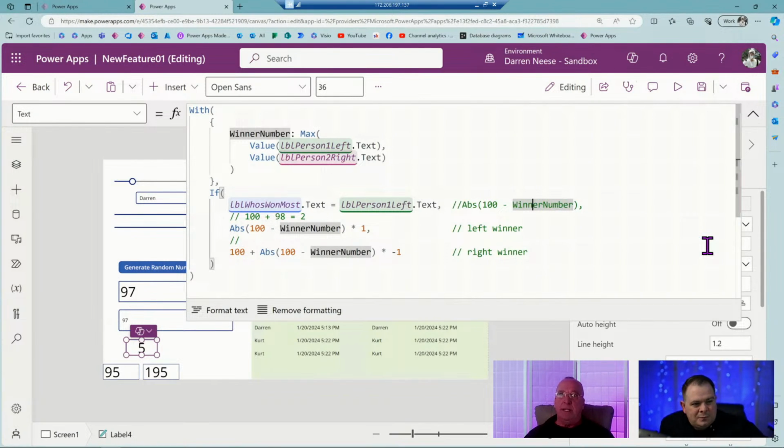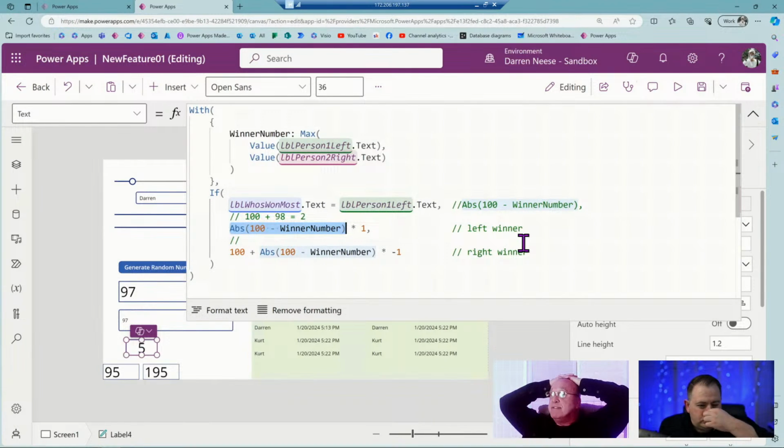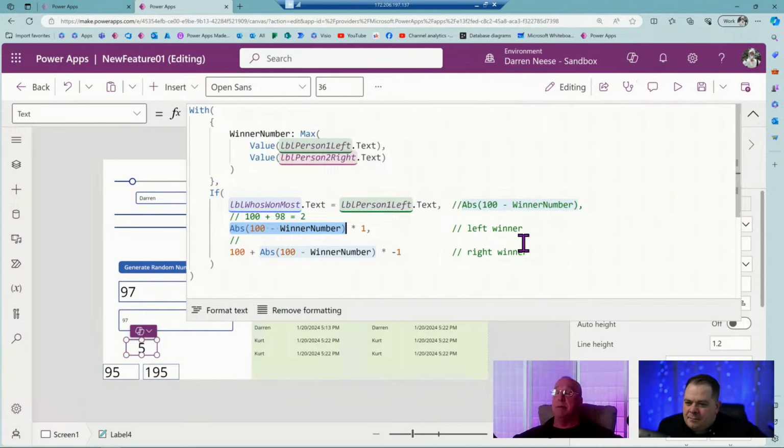So this ABS winning number computation, there's something wrong with it in my mind. If I'm on the right side, I'm trying to subtract. I'm just trying to get an offset from either the maximum or the minimum. That's all I want. So if I'm looking at an absolute 100 minus the winning number, if my winning number is 2, it should be 98 if it's on the right side.